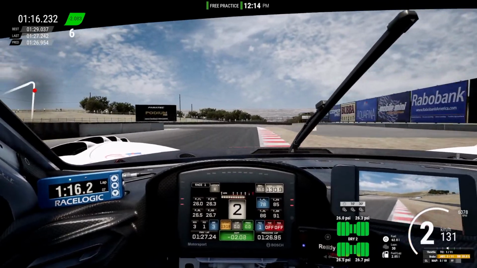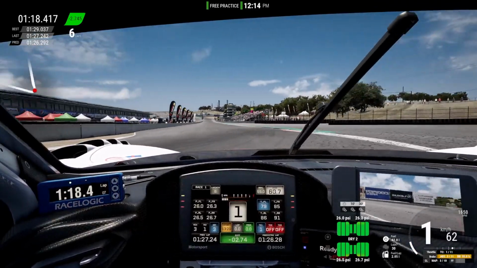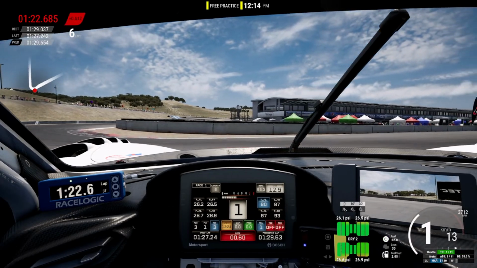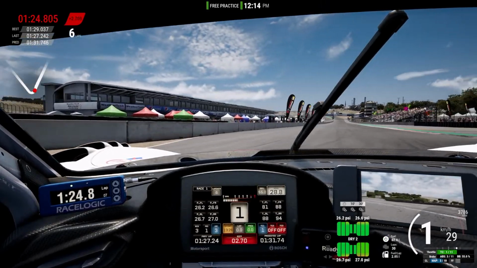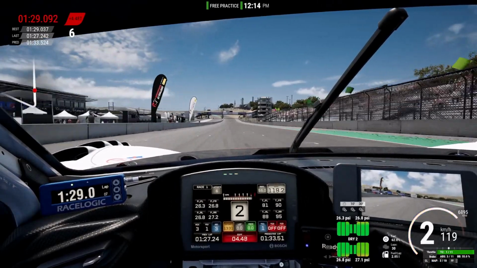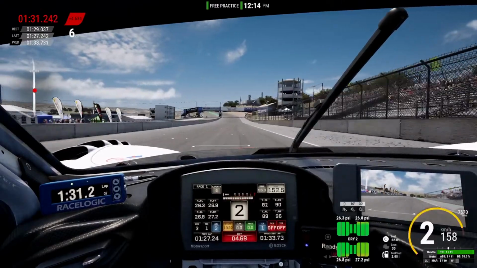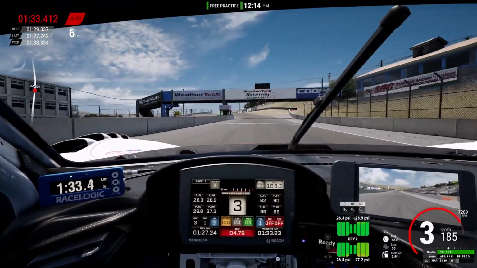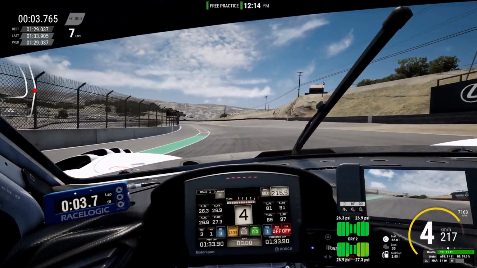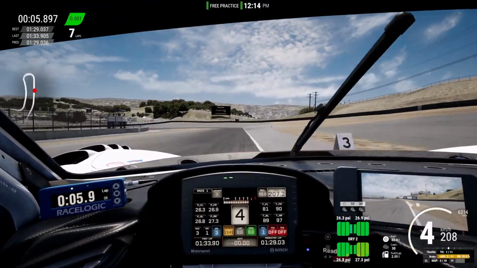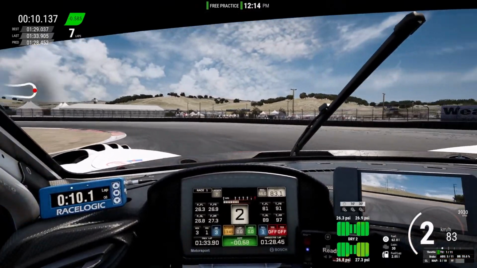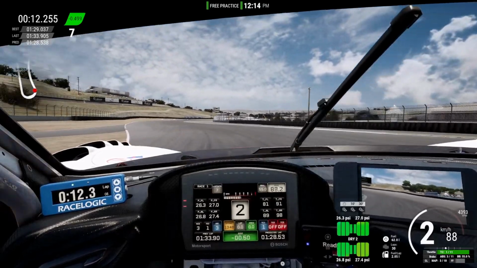I'm getting used to how this car wants to drive when I touch the sand right there, I think. I feel like I was moving that time. All right, let's see. Let's see 296 what you got. I'm going to try my hardest to push this car as much as I possibly can. See what I can get out of it.